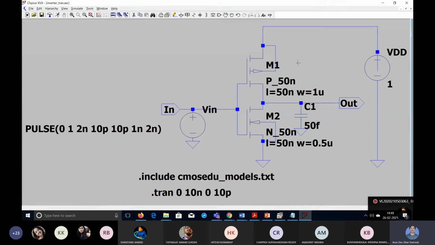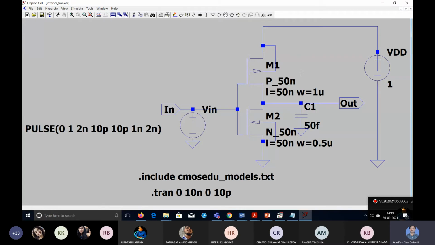This is why, to get a similar amount of current, its width is taken 2 times the width of the NMOS, making Kn equal to Kp. There is a constant K, mu Cox W by L. Sometimes it is beta; in different books, they use different styles. Beta is used by Neil Weste, but for Kang and other books, it is K. So for the NMOS it is Kn, and for the PMOS Kp.